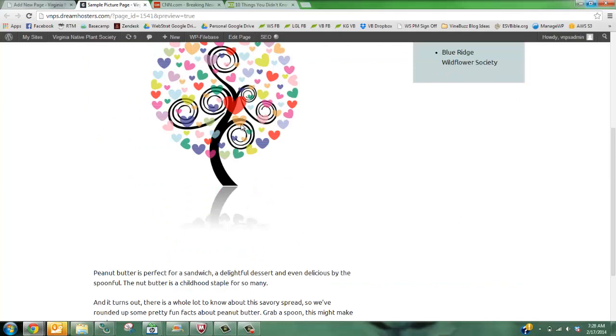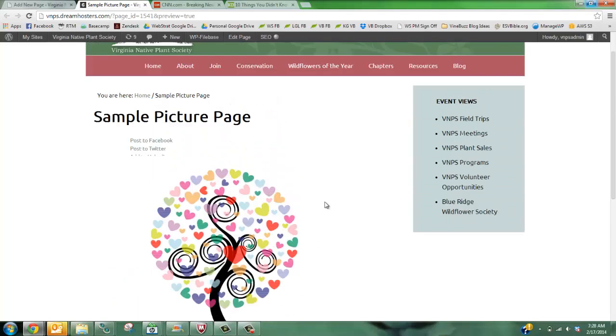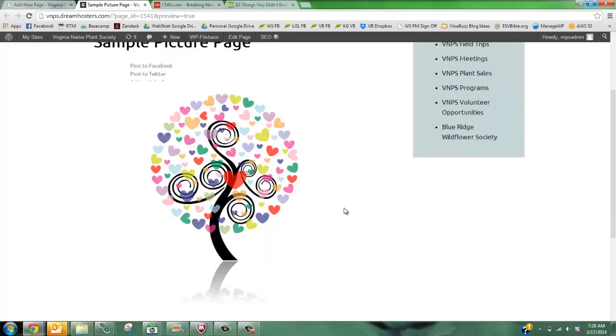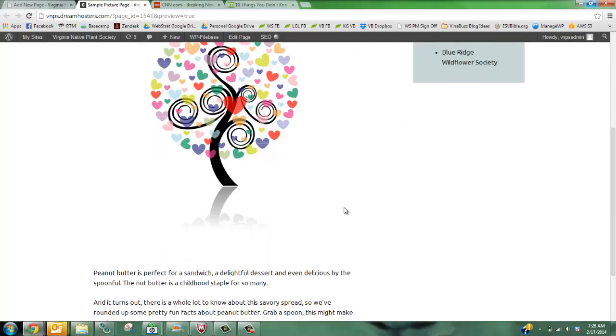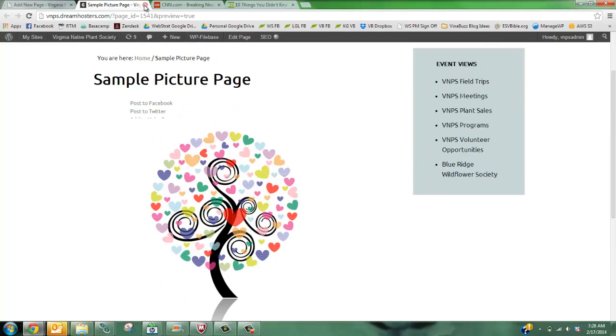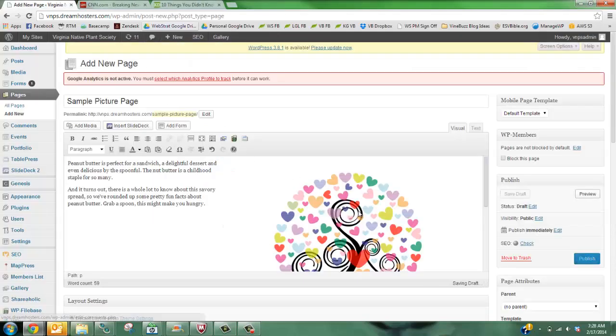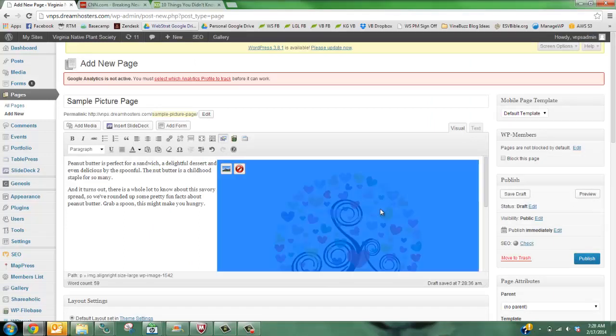Because this image is so large, it's actually not possible to right justify it. So what it's done is centered it and brought the content down. This is a rather unusually large image, and it's probably appropriate that it be centered on top of the verbiage if it's this large. So let's actually make it a little bit smaller because I do want to have it right justified. Now, to change the size, I'll click on the image, and we'll notice that a menu comes up,